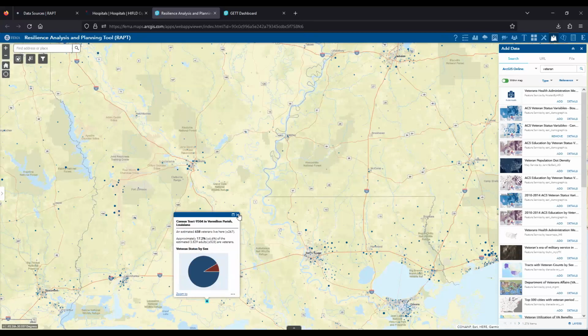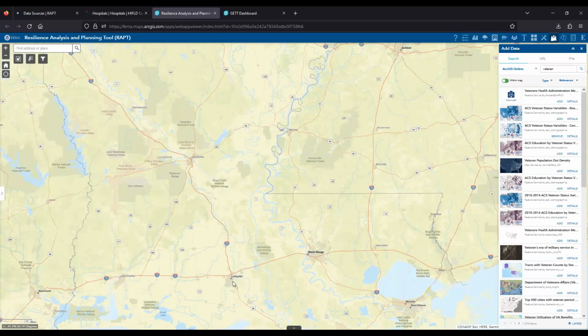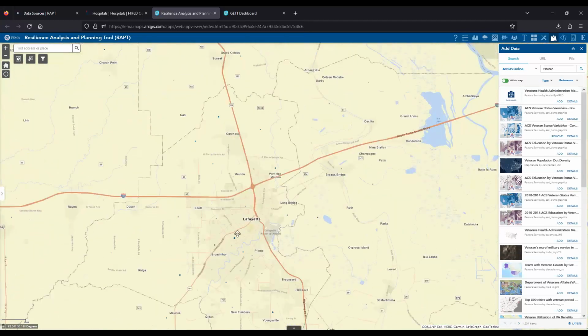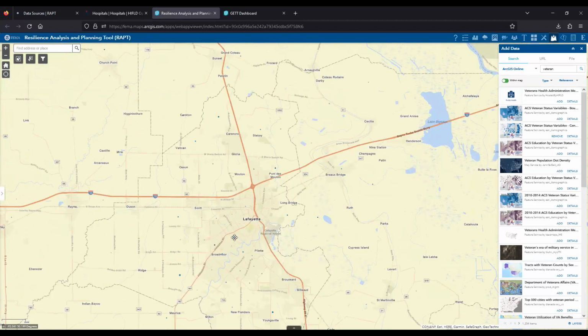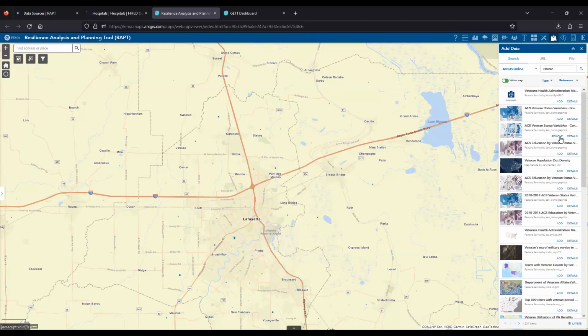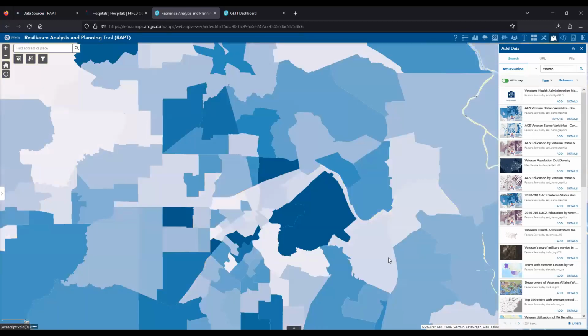So this was something that I didn't really know of. I really had no clue that this existed, but as we zoom in, each one of these dots, I would imagine, corresponds to a census tract. So when you click on one of these dots, you're going to get this census tract, the number of veterans that live there, and what percentage of that is of the total adults estimated in the area. So this was something I, just in this moment, just kind of found. I'm happy to take a look.